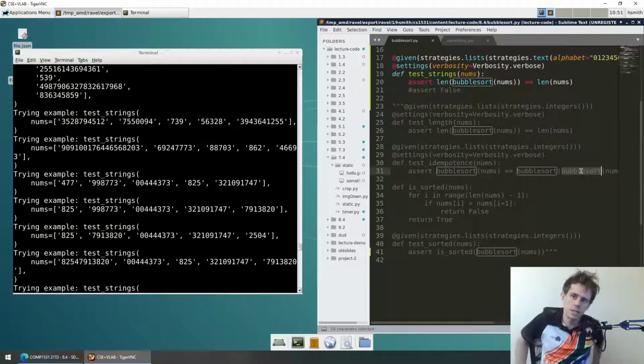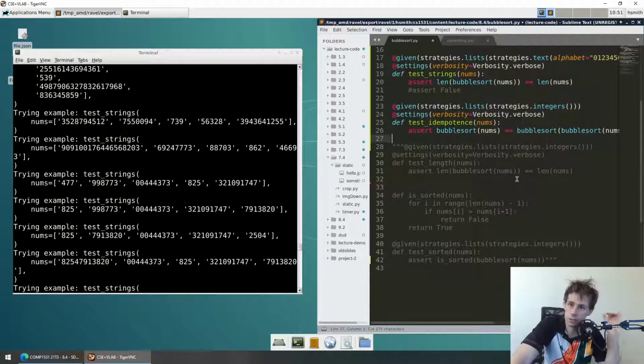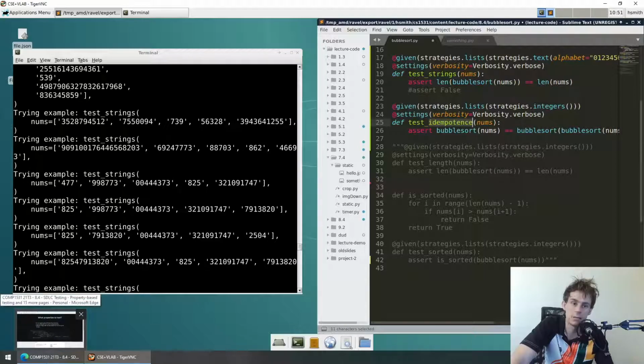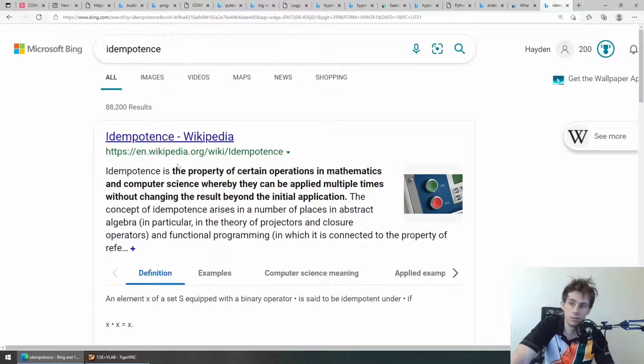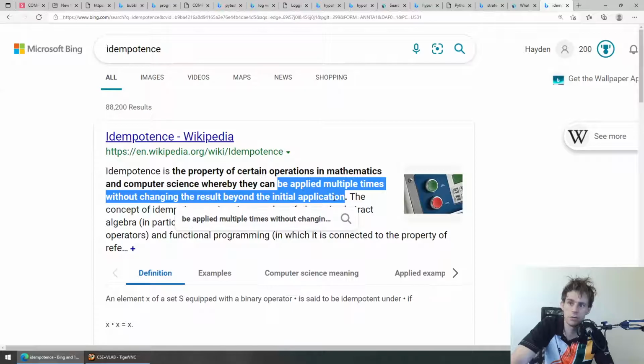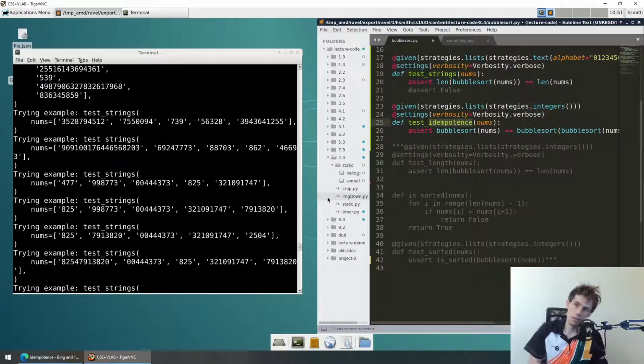Yes. This one's actually a really interesting test. I might just quickly mention this because this example was written by another lecturer previously, which I think is interesting. What they're doing here is testing what's called idempotence, and I think this is an underrated concept that just doesn't come across many students' desks as they're studying. You probably remember this from maths. Idempotence is the property of a certain object whereby you can apply it multiple times without changing the result beyond the initial application. I'm not sure if Jake talked about this in the HTTP lecture, but